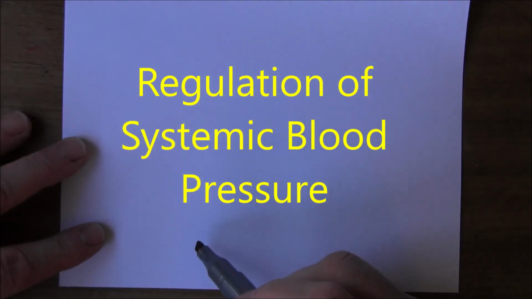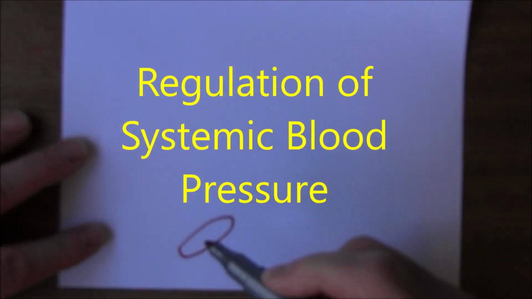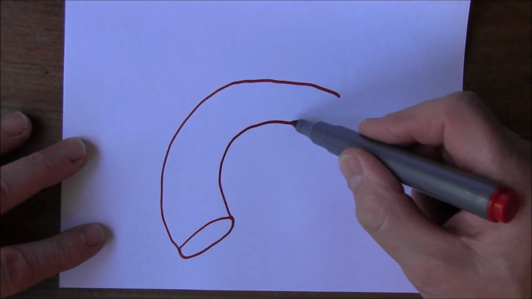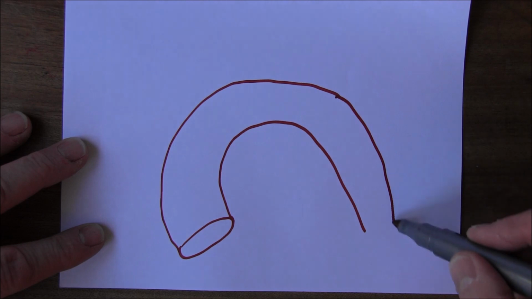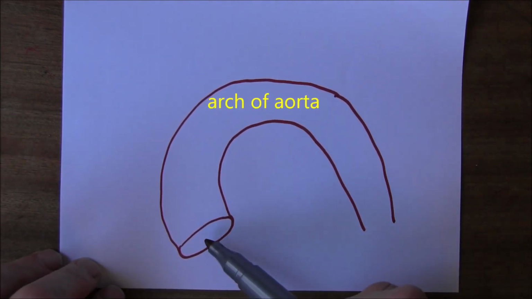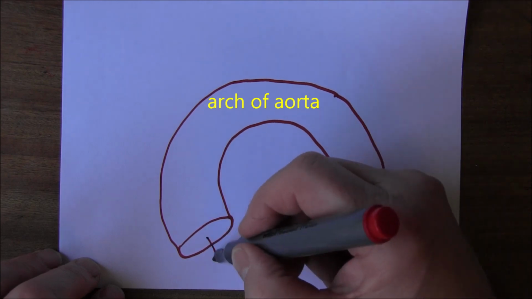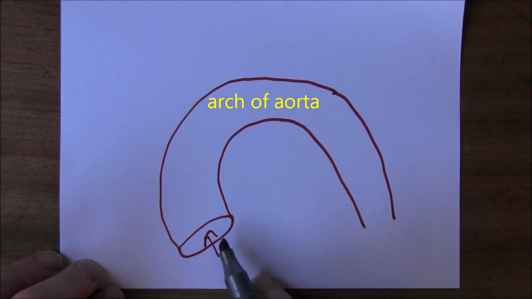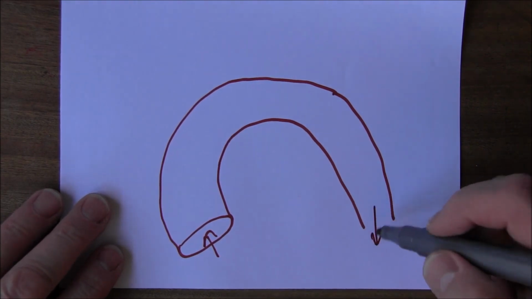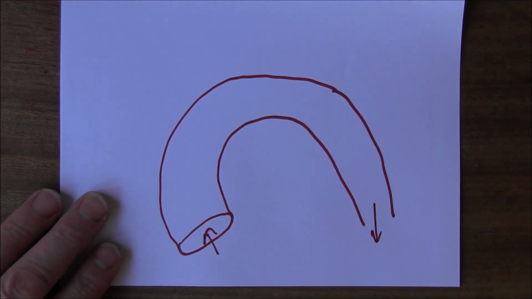Well, welcome to this talk on the homeostasis of blood pressure. And I'm starting to draw at the bottom of a page. And what we have here is the arch of the aorta. And the aorta is leaving the left ventricle. Blood's going into there from the left ventricle via the aortic valve. Blood here is going down, of course, towards the thorax, the abdomen, ultimately to the iliac and femoral veins to